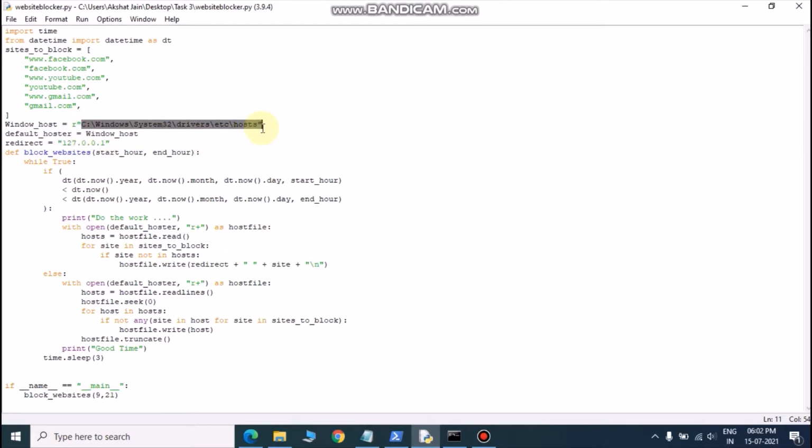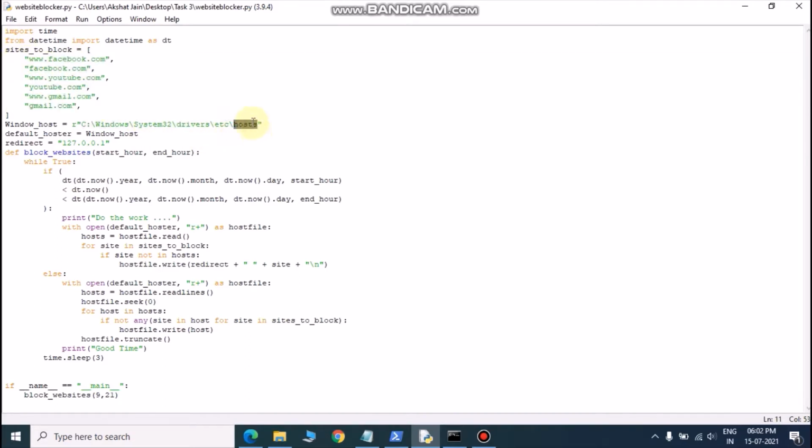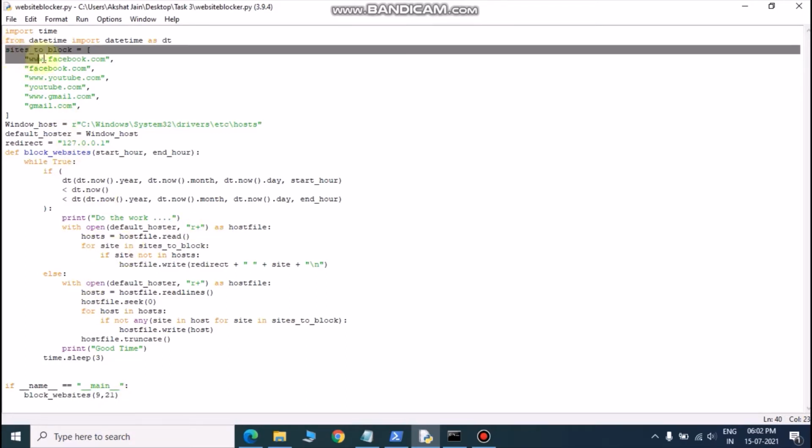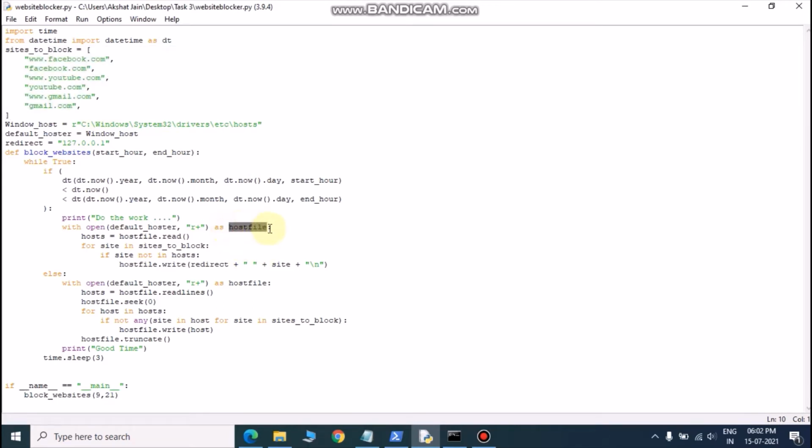The web browser first sees the host file and checks if there are certain websites which need to be blocked. So if you want to block these websites, then we must place these websites in our host file. So when the if condition gets true, which means that the current time is in between the range 9 to 21, it will open the host file and will load all these websites from the list and will update them to our host file.